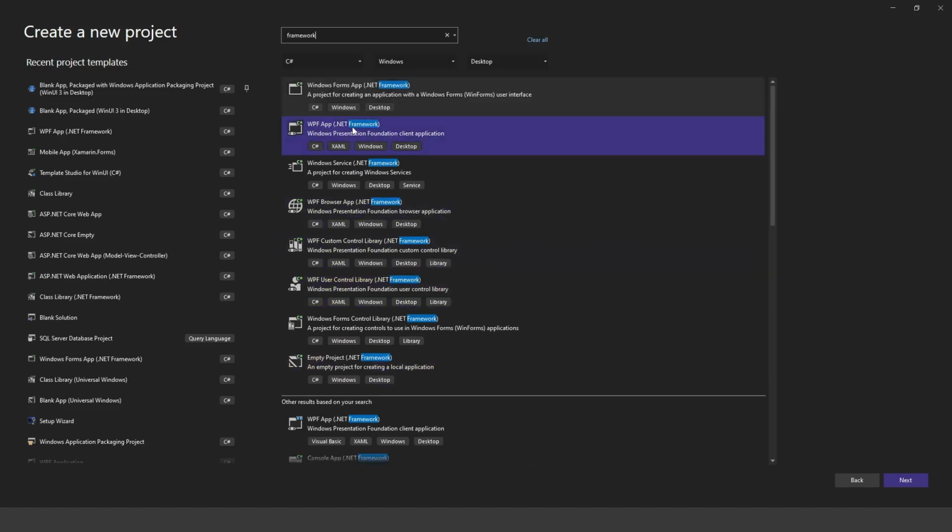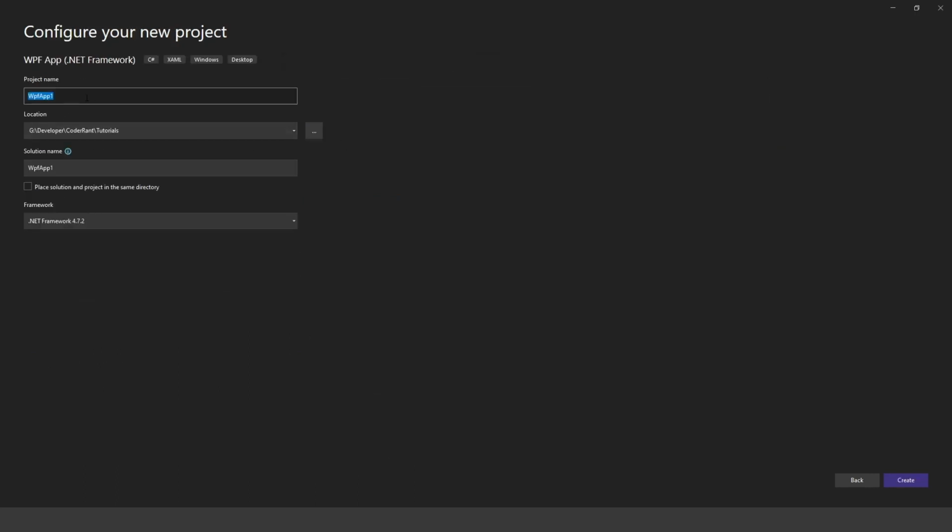WPF app .NET framework. I'm just going to call this Notepad clone, and I'm just going to keep the defaults